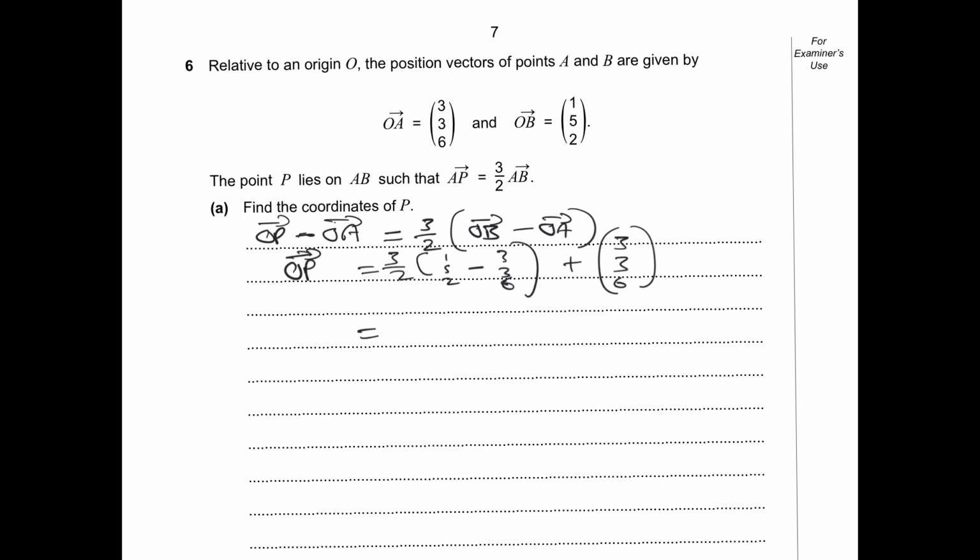So what I'm going to have there is my scalar 3 over 2 times (1 minus 3, that's negative 2, 5 minus 3, that's 2, 2 minus 6, that's negative 4), plus